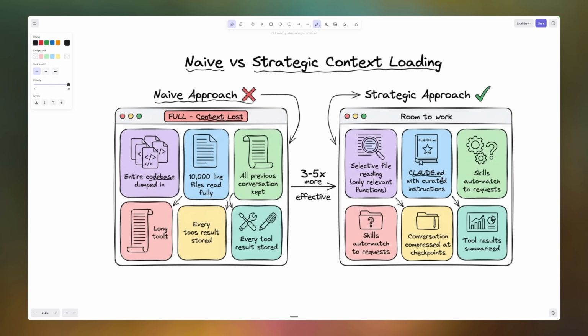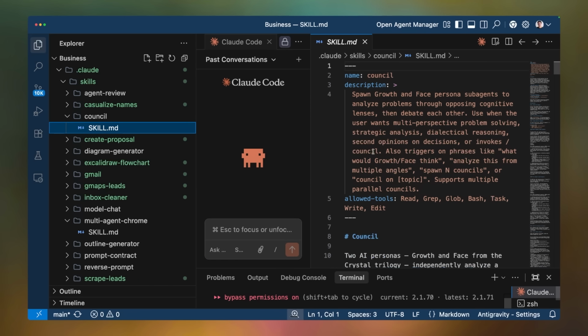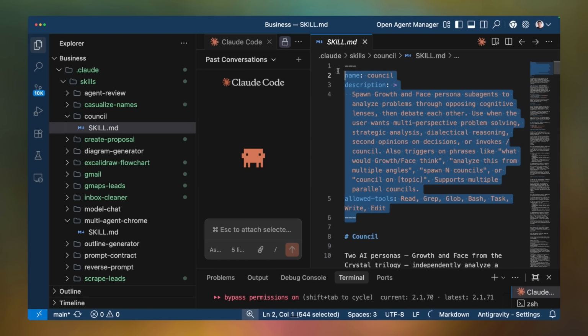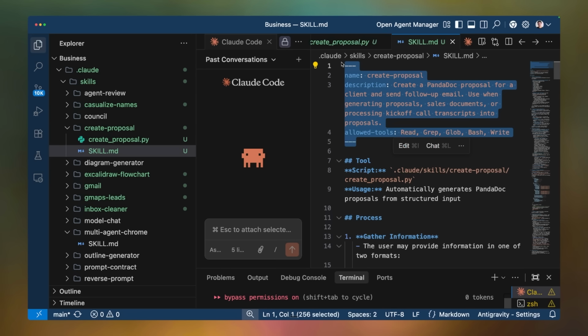You have a Claude MD, which is basically a compression function that just stores your preferences. For skills, instead of all of it being read, we only read a specific segment. This is technically called the YAML front matter, which is just a tiny little section at the beginning of the skill. You can see this if we go back to the skill.md and I make this visible. Only this segment is loaded into context until you ask for more information about create proposal.